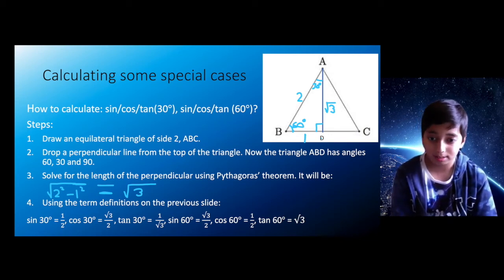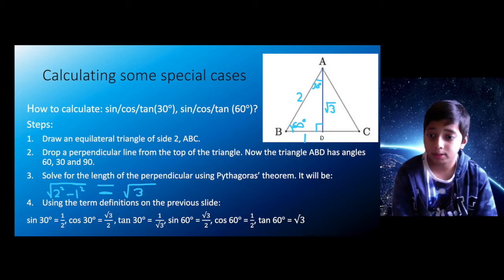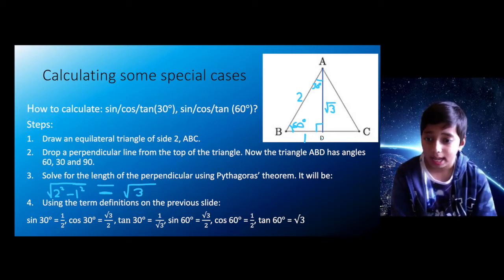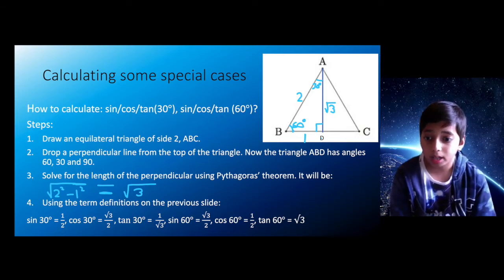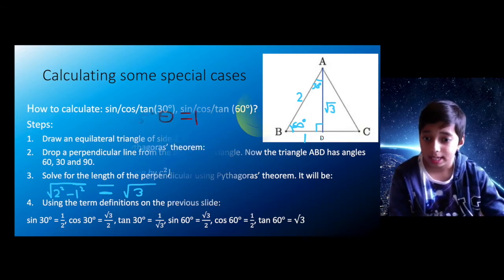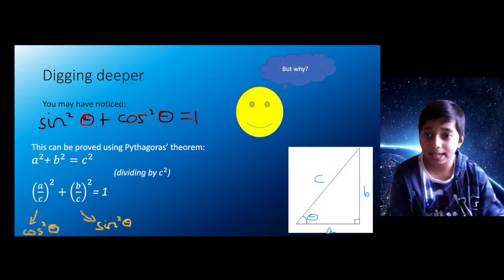Notice what you have found and try seeing if you get the same answers with different side lengths for the equilateral triangle. If you did it correctly, you should. Continue looking at the results and see if you find some relationships between them. One of them would be that sine 30 is equal to cos 60 and cos 30 is equal to sine 60. Another thing you may have noticed is the identity that sine squared theta plus cos squared theta is equal